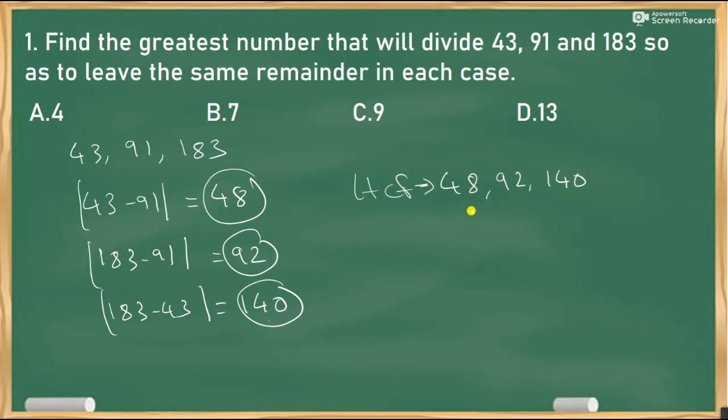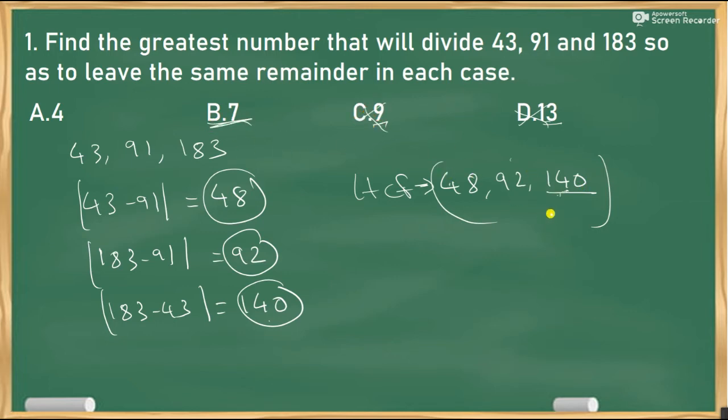Here you have two ways. You can do the traditional way or factorized form, or one better option is you can go with the options. That particular option should divide all three numbers. If I see 13, obviously 13 will never divide 144 completely, so I can eliminate this option. Now 9: all three numbers should be divisible by 9, but the digital sum of 140 is 5, since 1 plus 4 plus 0 is 5, so it is not divisible by 9. I can exclude that.